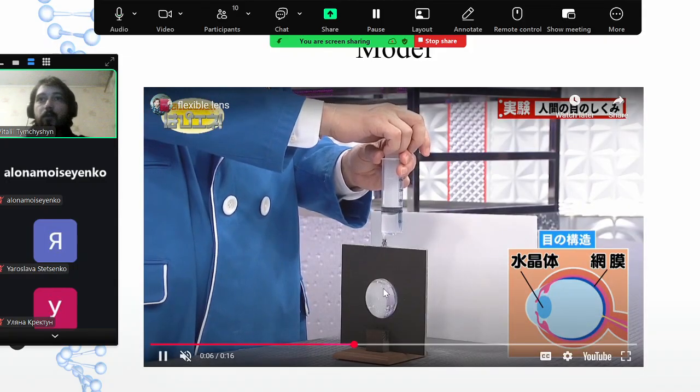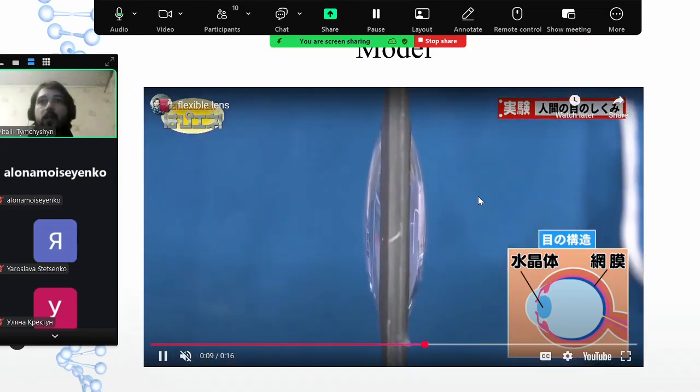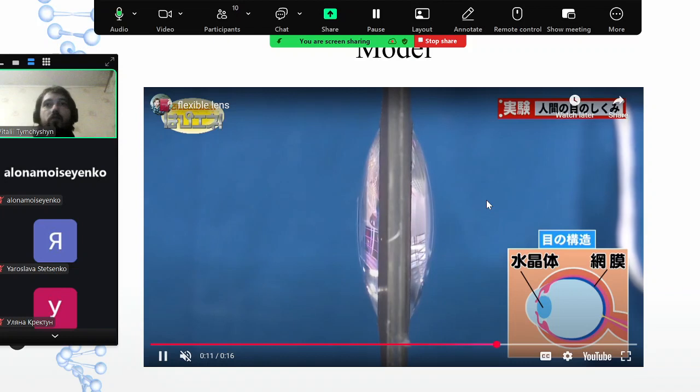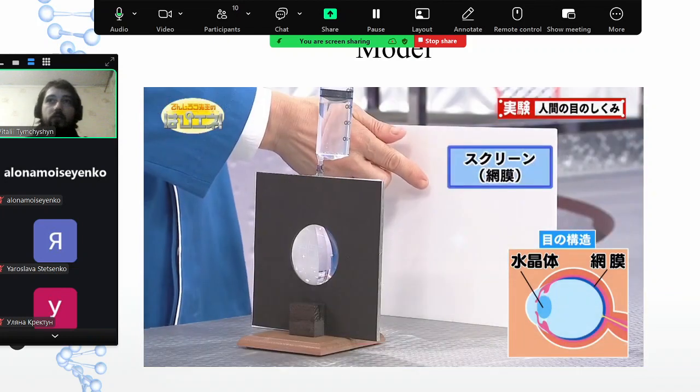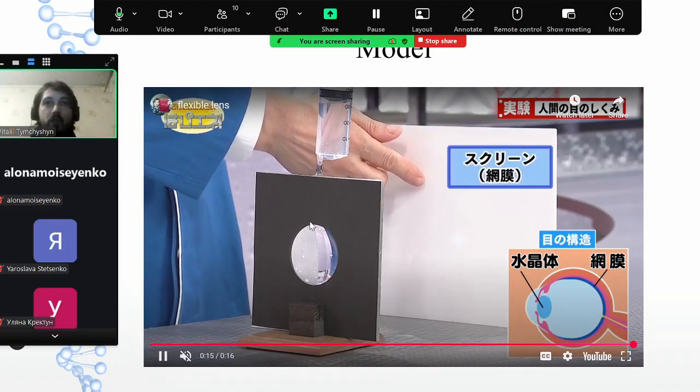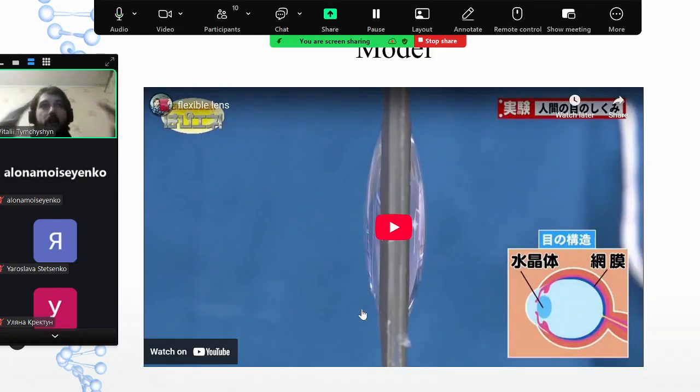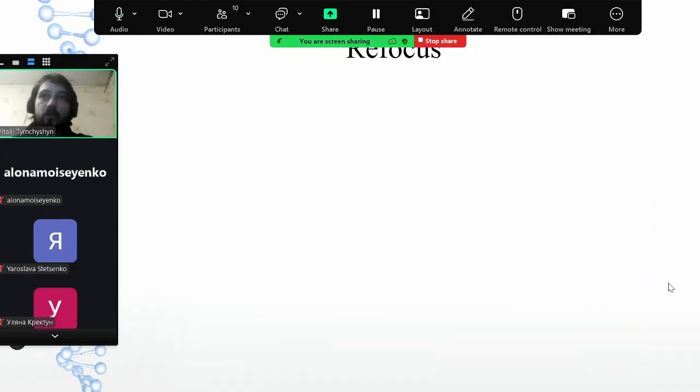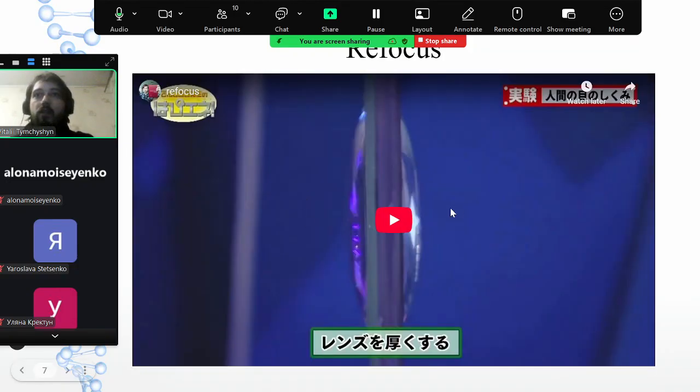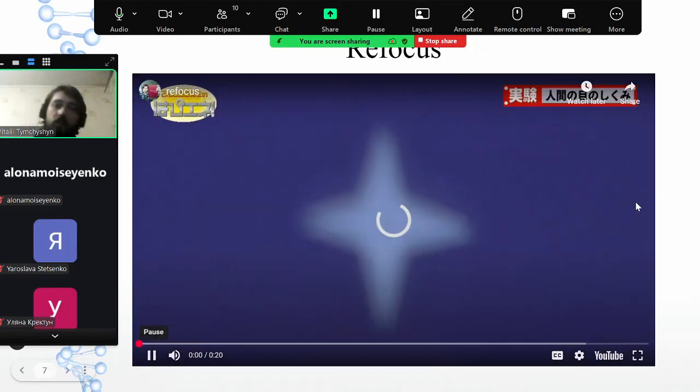So here you see water is pumped inside the lens to mimic that sort of change of the shape. Of course, in the eye we have some sort of muscles around this lens, and we are trying to squish it or to unsquish it. And depending on that, the form of the lens, its shape, it changes. Here it's modeled by just pumping water inside or pumping it from there to the outside. And here you can see how the thing works with some simple object.